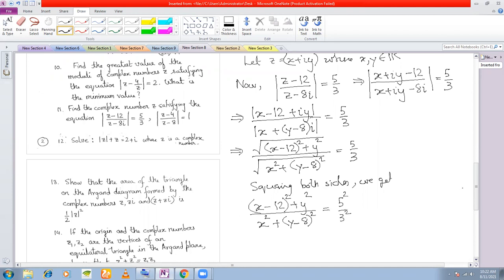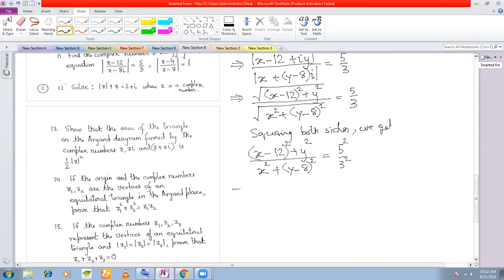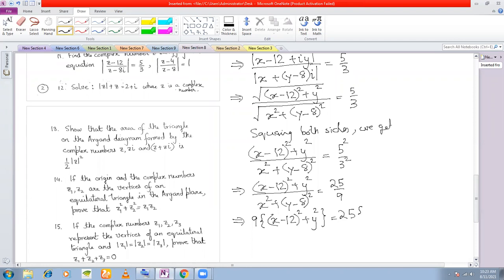If you square both sides, we get ((x − 12)² + y²) / (x² + (y − 8)²) = 25/9. Now you cross multiply to get 9 times ((x − 12)² + y²) is equal to 25 times